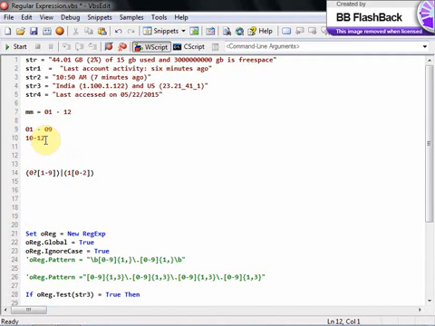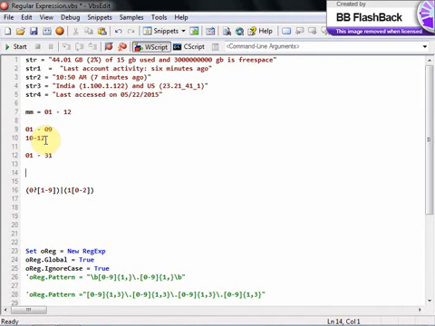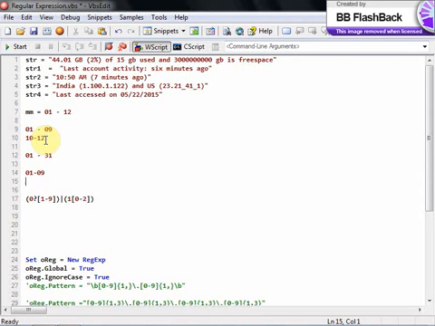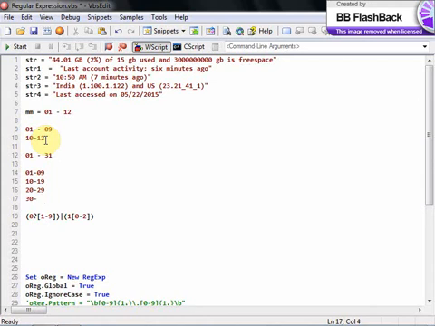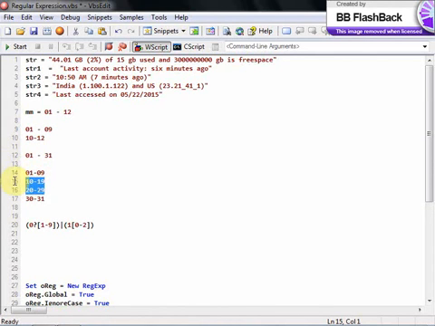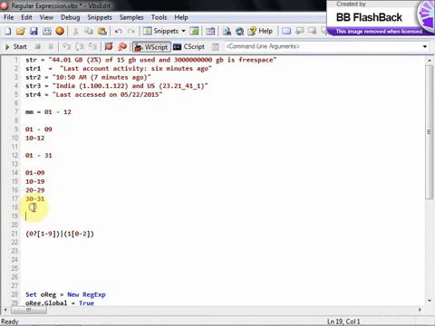For DD, it will be from 01 to 31. That's what DD is. Then in this, 01 to 09, then 10 to 29, because 10 to 19, 20 to 29, then 30 to 31. But here, the first digit can be either 1 or 2. The second digit could be 0 to 9. If we give this combination,